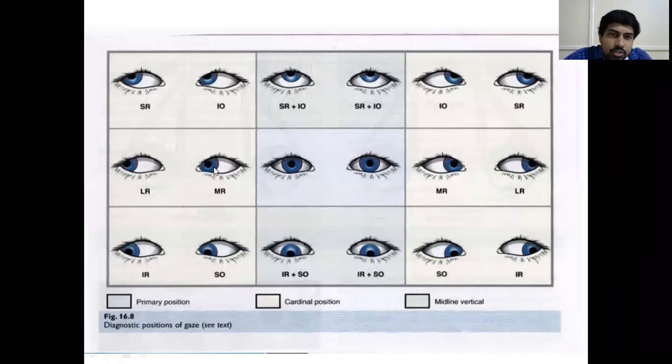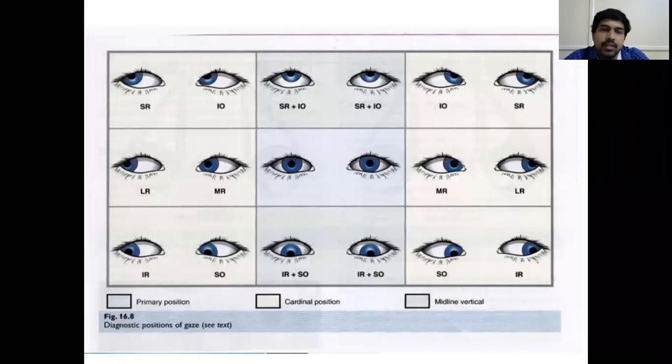Similarly, suppose on dextroversion the left eye is not rotating towards the right side. The muscle which should function here is the medial rectus muscle in the left eye. But if this eye is not moving, if it stays straight, that means the left medial rectus is paralyzed. So here you can independently pinpoint which muscle the lesion is in, whether it is lateral rectus or medial rectus. Each and every muscle you can diagnose based on this cardinal position of gaze.